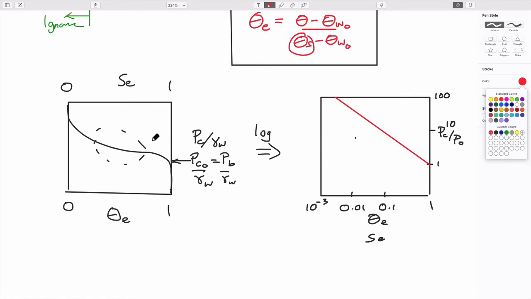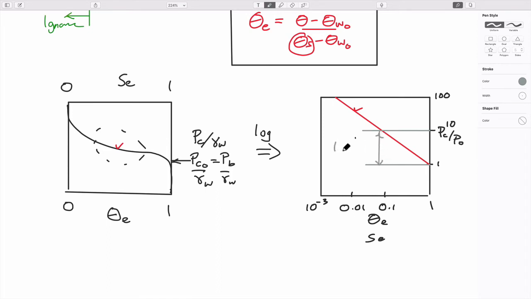So this is the same as this curve here. This and this are the same curve. So it just straightens it out. And so the interesting thing, empirically, we don't know any reason why that should happen that way, but observationally, that's just what happens. And so the interest in doing that is that now this has a gradient that we can take over 1 log cycle. So if we take 1 log cycle, which is this, 1 log cycle,